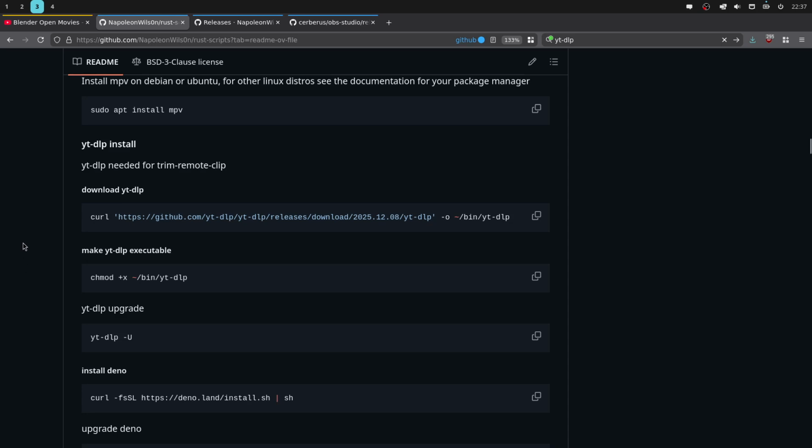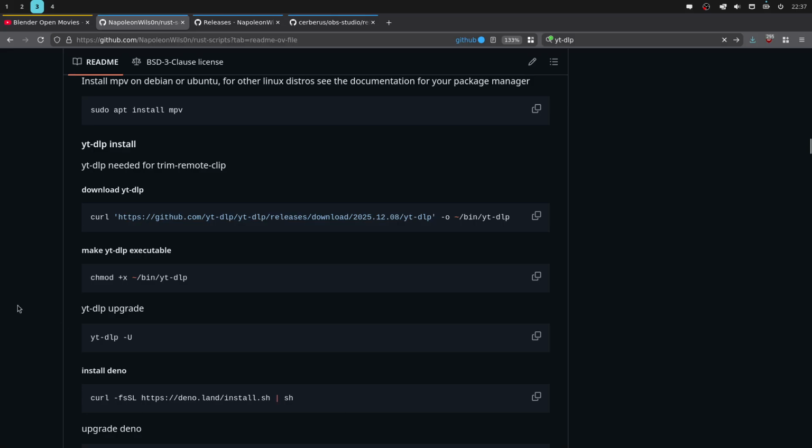At least on Debian and Ubuntu, what we're going to do is manually install yt-dlp by running the following command, which will download the latest release, which is 2025.12.08. If you're using a newer version, obviously you'd replace this URL with the newer URL, and then we specify the out path. So we're going to save yt-dlp into bin yt-dlp. You then make yt-dlp executable,